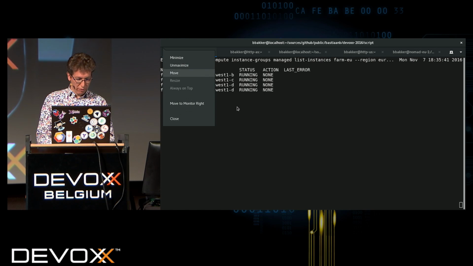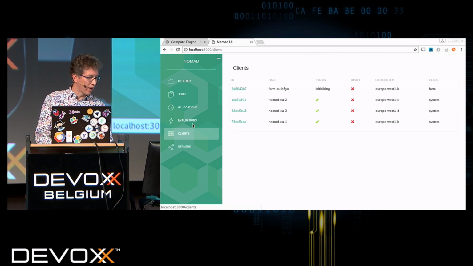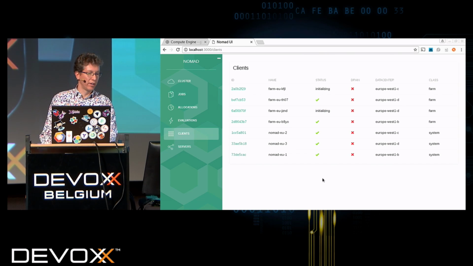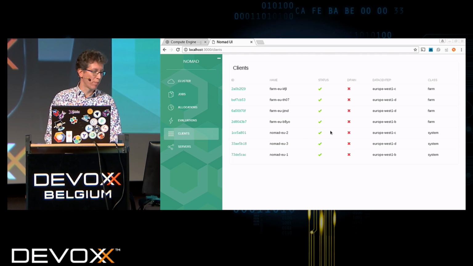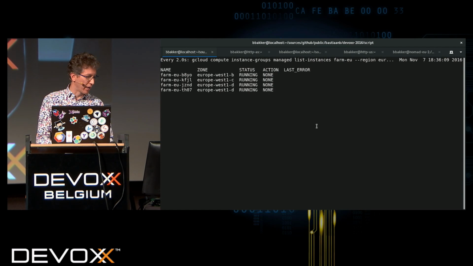So if we look at the UI, we'll now see the cluster become live because now we have nodes also at the client nodes. So now we can run an actual job,